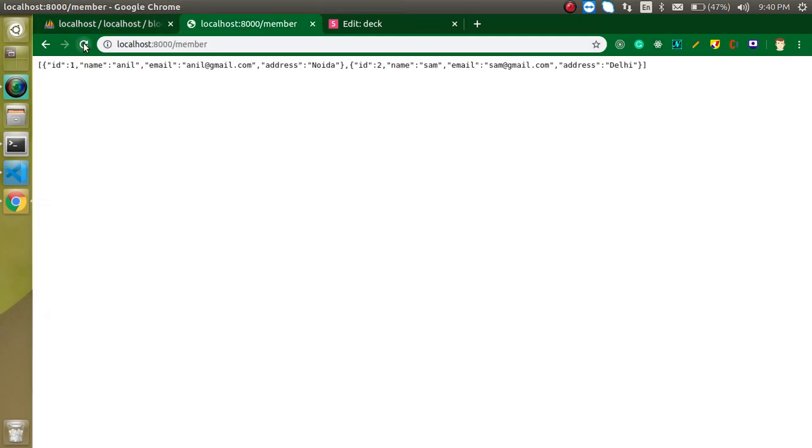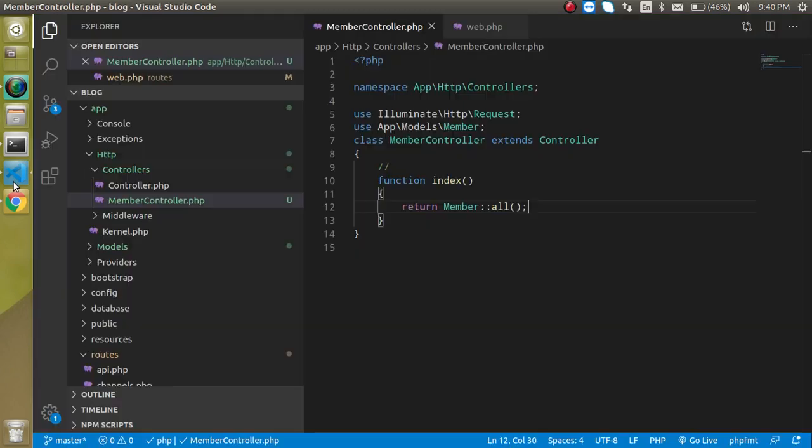And now let's see. You can see that we got both records, Anil as well as Sam. And now what I want is to change the name's first letter. I just want to make the first letter capital here, right? So now let's come to the model, and let's define the accessor here.